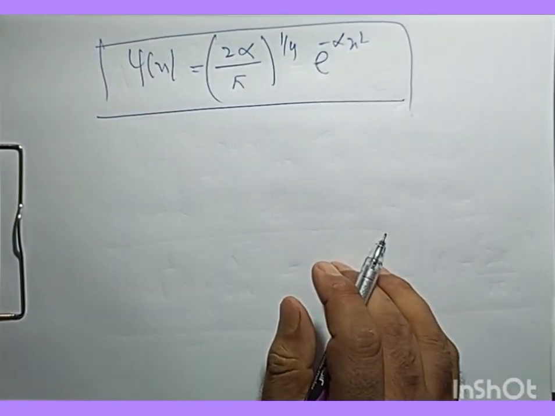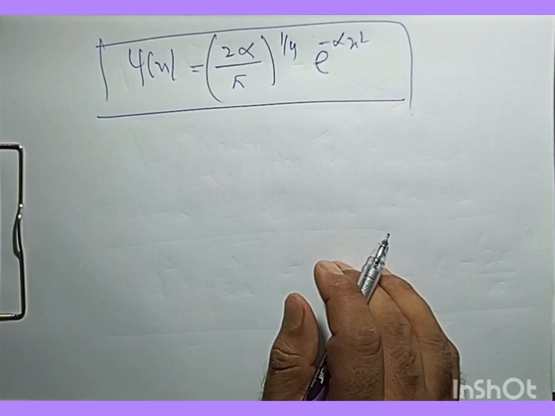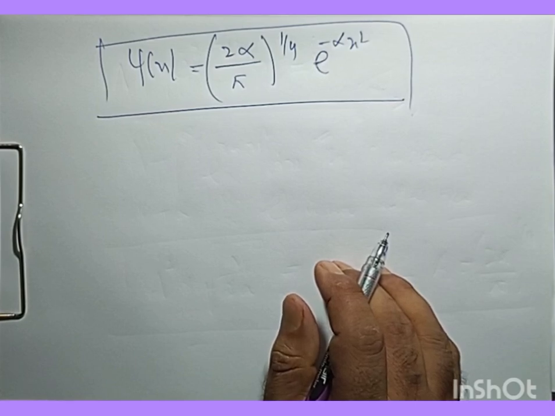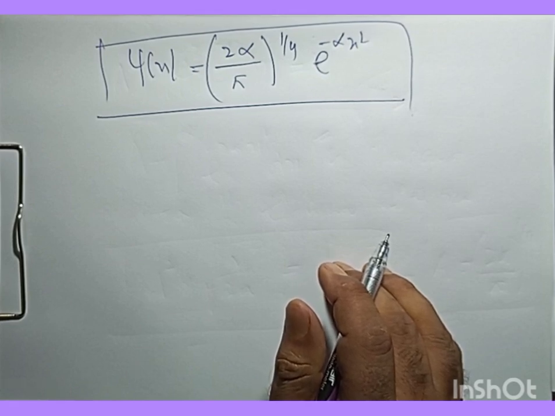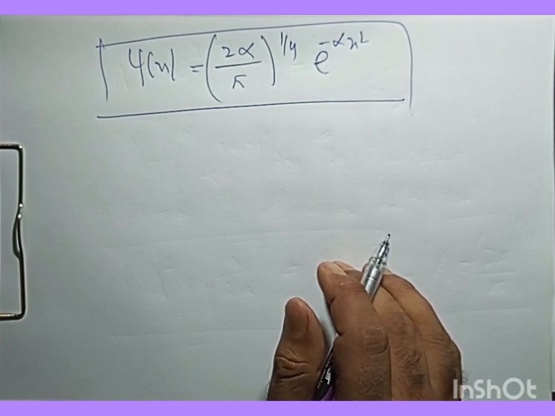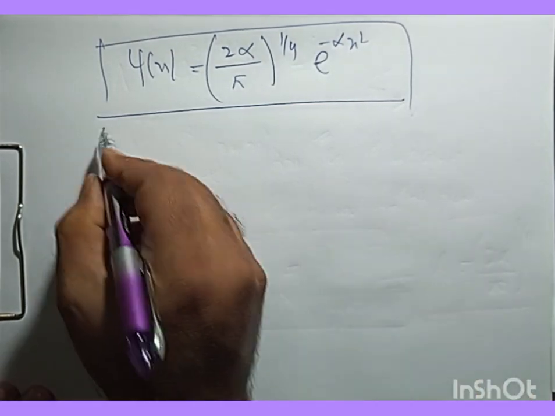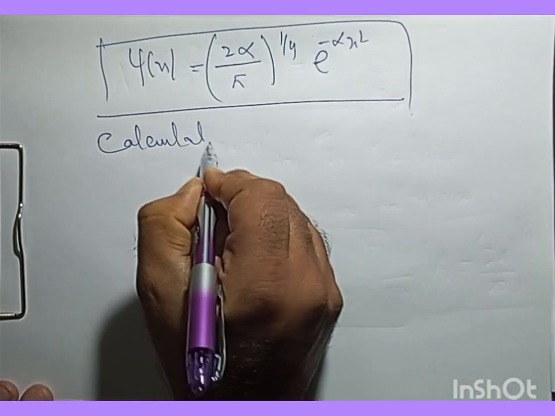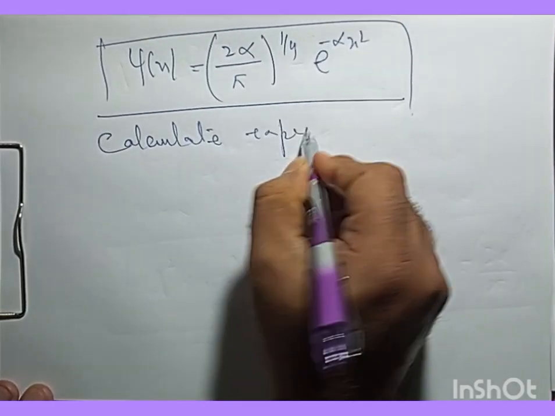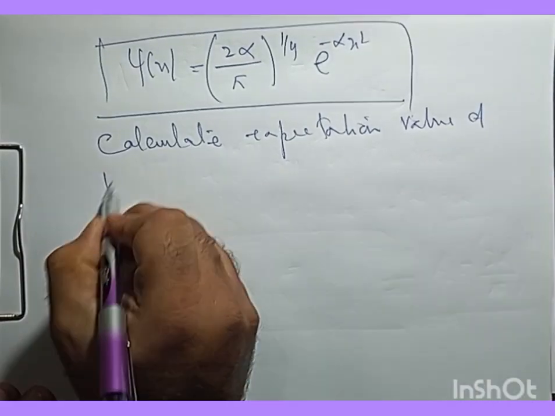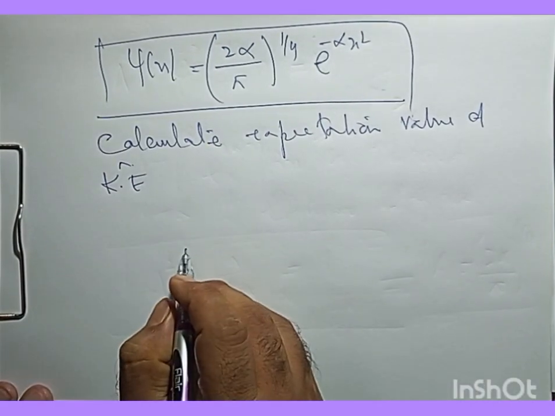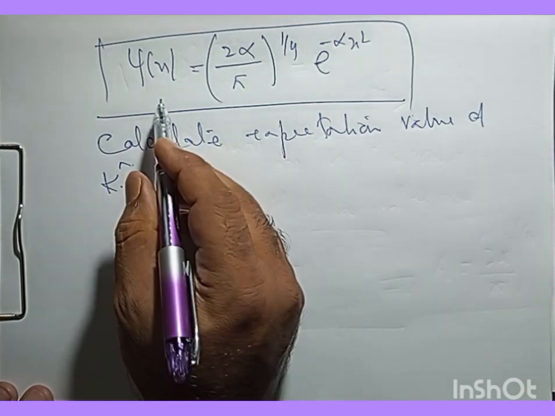Okay, now what is important is that I have to calculate the expectation value of the Hamiltonian, and my Hamiltonian is made of a kinetic energy operator and a potential energy operator. So I have to calculate the expectation value of the kinetic energy operator. And in doing so, I think the right choice is to calculate the double derivative of this